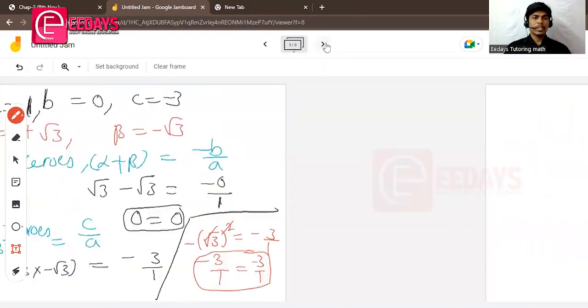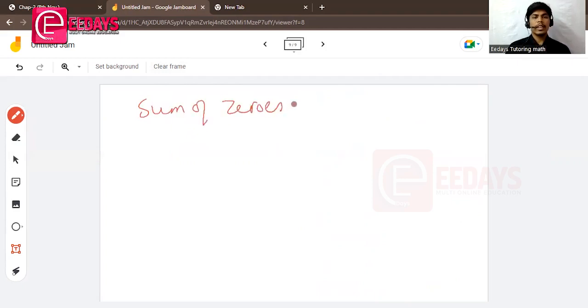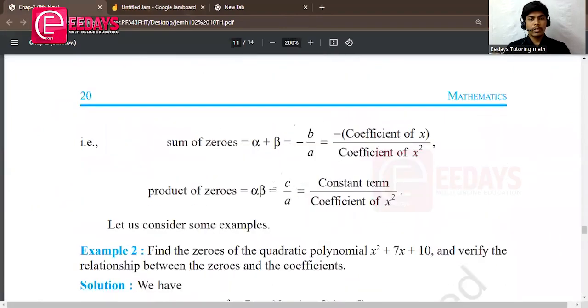But the next concept would be, what if they give the sum of zeros and product of zeros? Sum of zeros they have already given as 4, and product also they have given as 2. In the question, the sum of zeros and product of zeros are already given. You need not find them. So in that case, the new concept would be